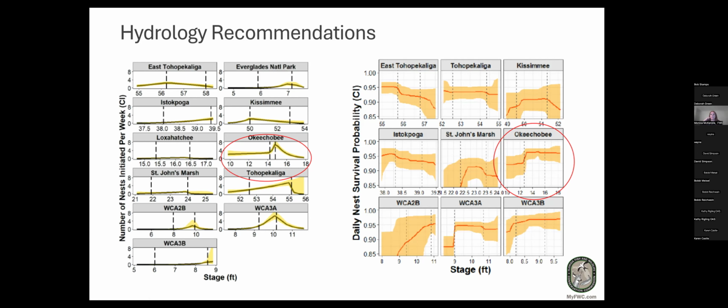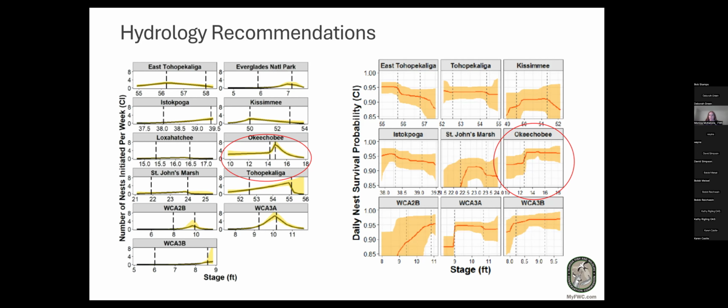That nest survival probability does drop, but since it is a daily nest survival probability, if you multiply that over the 60 plus days that it takes for the eggs to incubate and raise the chicks until fledge, it does make a big difference. So the lake stage on Lake Okeechobee should stay above 12.7 feet to maintain a littoral